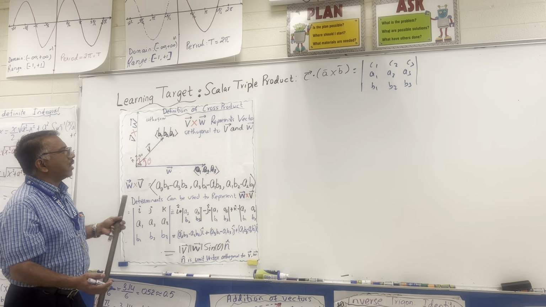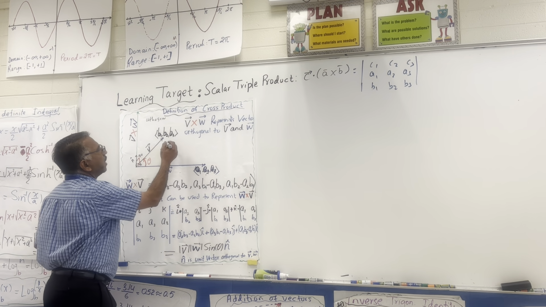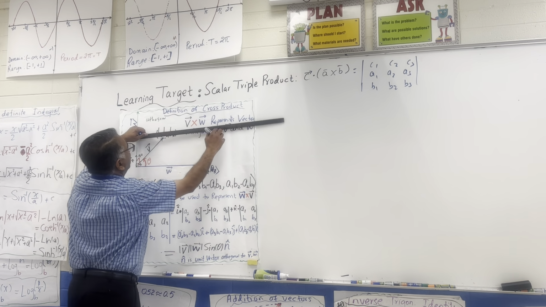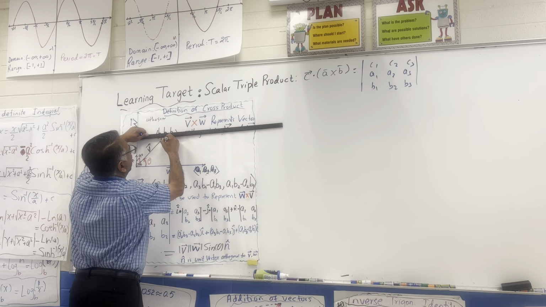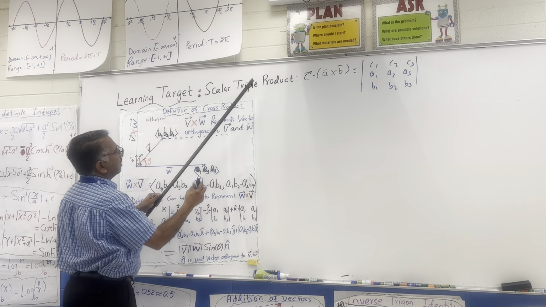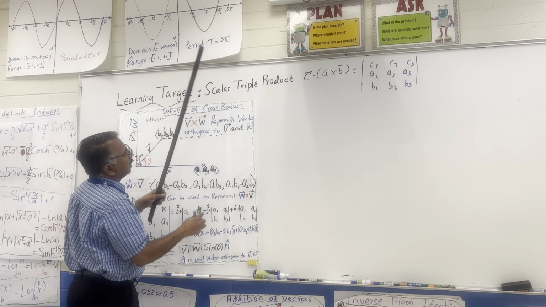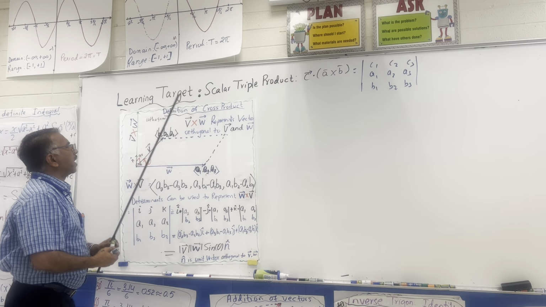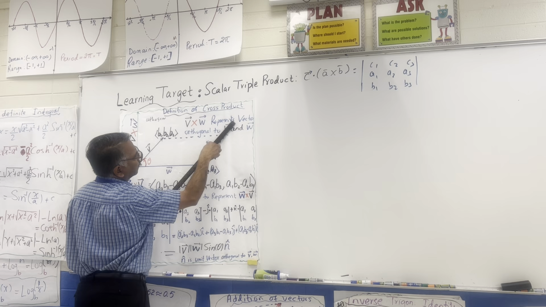Then what we did is we created a parallelogram using these two vectors. We created a parallelogram this way. And then we tried to find the area of the triangle. So that was what we did, and using that area of the triangle,